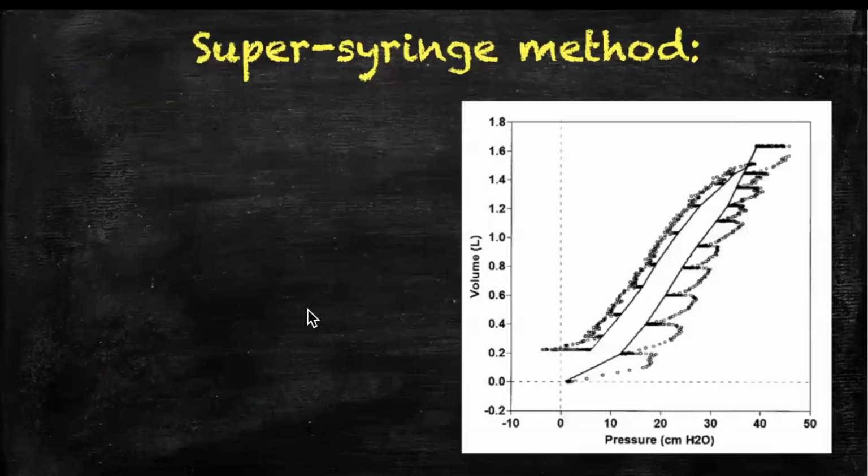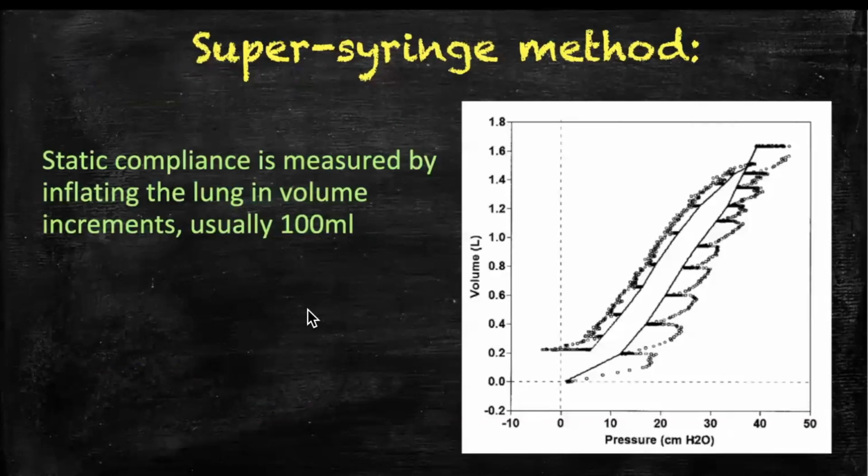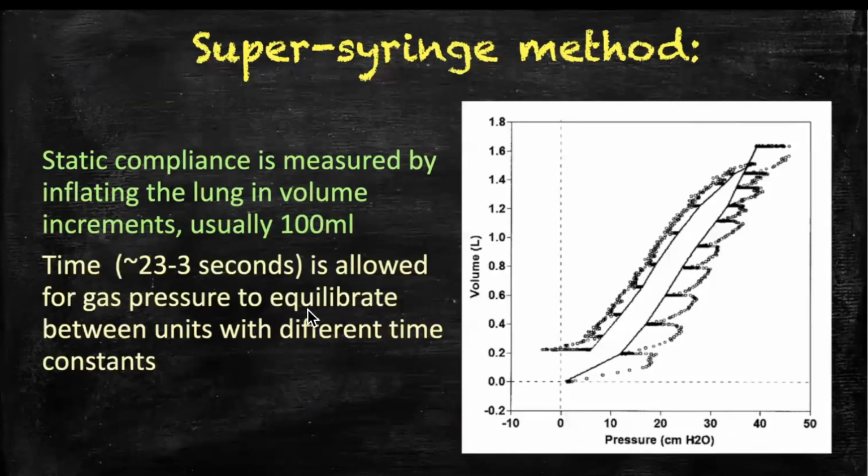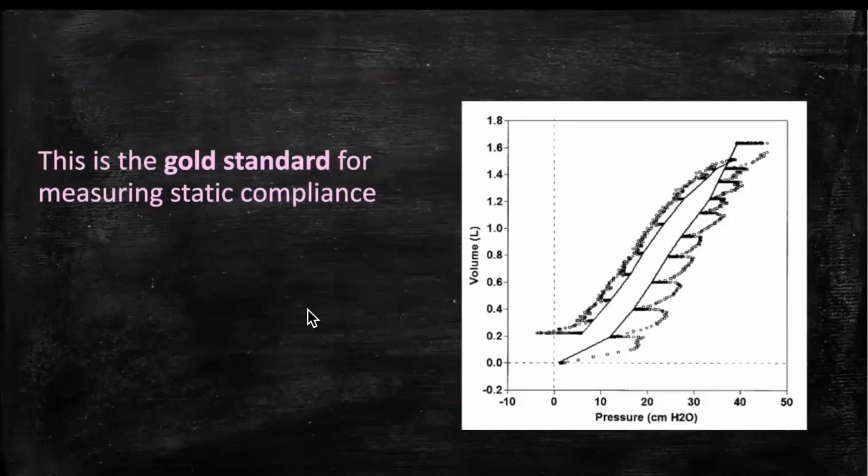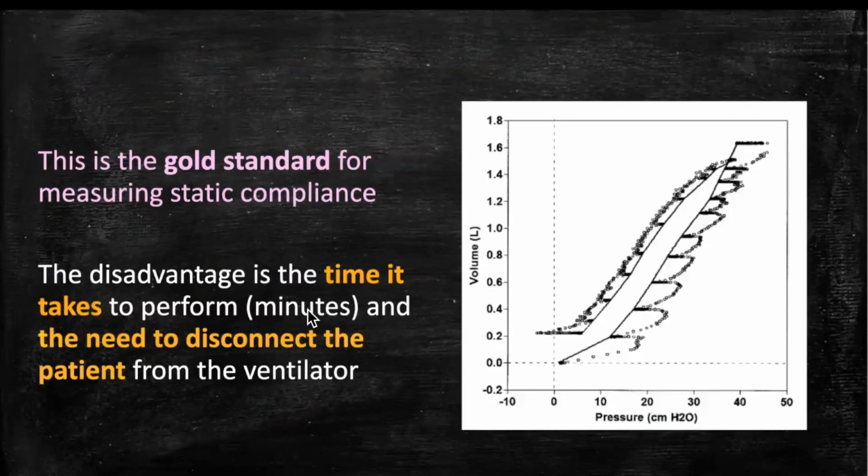The most reliable method of measuring a static or quasi-static PV loop is the super syringe technique, where you are basically instilling some volume, like 100 ml, by a super syringe over a period of 20 to 30 seconds, and you allow some time for equilibration. This is the gold standard. I won't go into more details because we have only 20 minutes, but the disadvantage, as you can understand, is it takes time